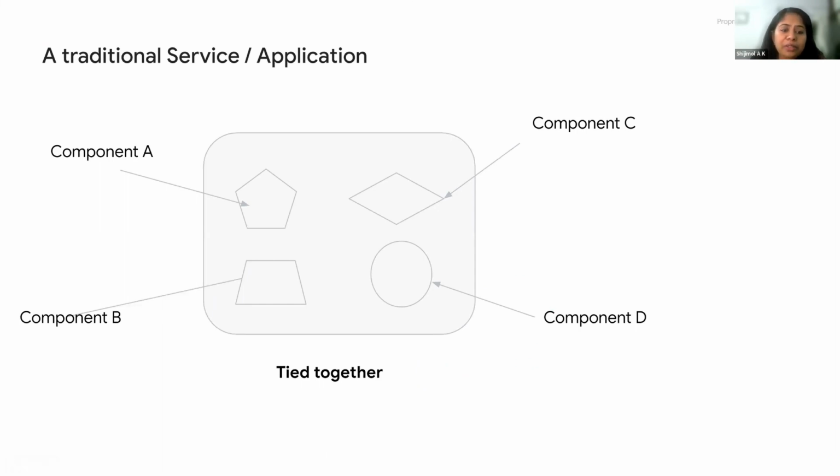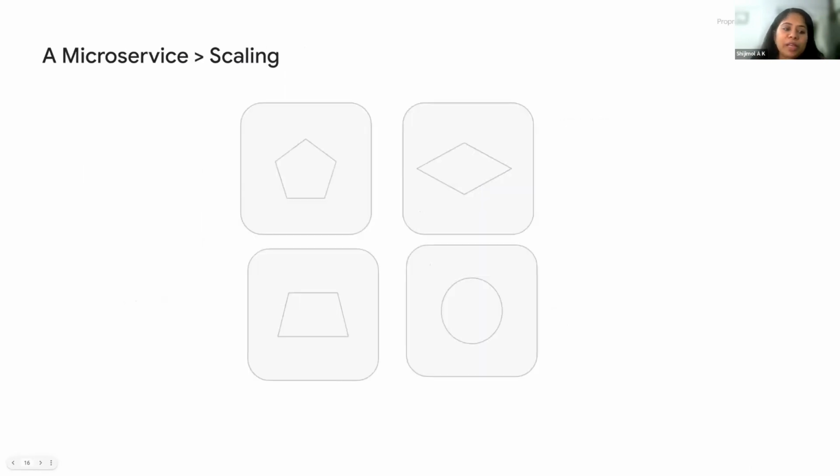Now, coming back to the difference between traditional and cloud deployments and how security differs. This is how a traditional application will look. There'll be multiple components in an application which are all tied together, right? It's a monolithic application. Now, when it comes to microservices, we can see that the different components are distributed into different services. They are different microservices. They are no longer a single unit.